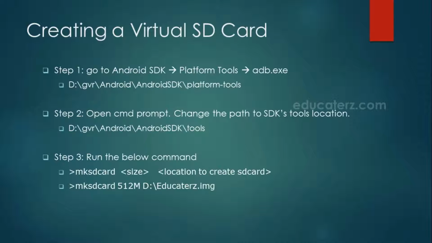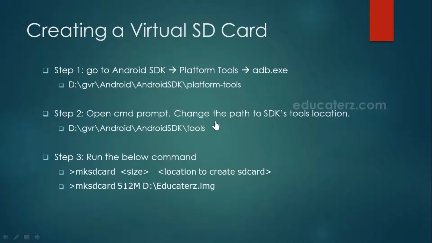So how to create a virtual SD card? If you want to go with a virtual SD card, we have a command called mksdcard, which is nothing but make SD card. To find this, first of all you have to run your ADB, which is available in your SDK platform tools. Run this; it will take a few seconds, like a launch and pop out. Then open your command prompt and browse to your Android SDK tools folder. At this location run your mksdcard, because this runnable file is available in the tools folder of our Android SDK.